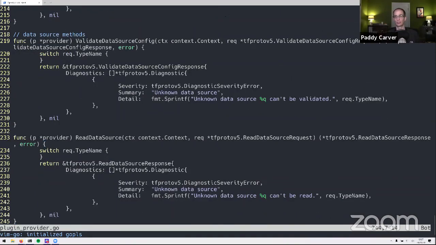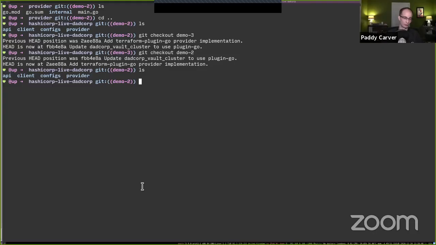I'm just going to check here that I talked about all the things. Explain the type system. I did that. We explained how Plugin Go servers work. I think that's everything. So I think I'm going to pass it back to Katy now that I've talked myself hoarse, and I'm going to take a break. Katy's going to show us a little bit about transitioning our first resource to use this new foundation that we've set up for ourselves.